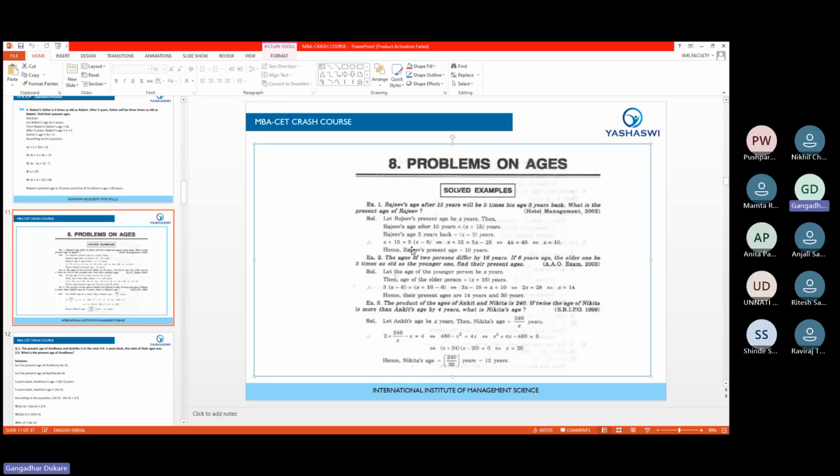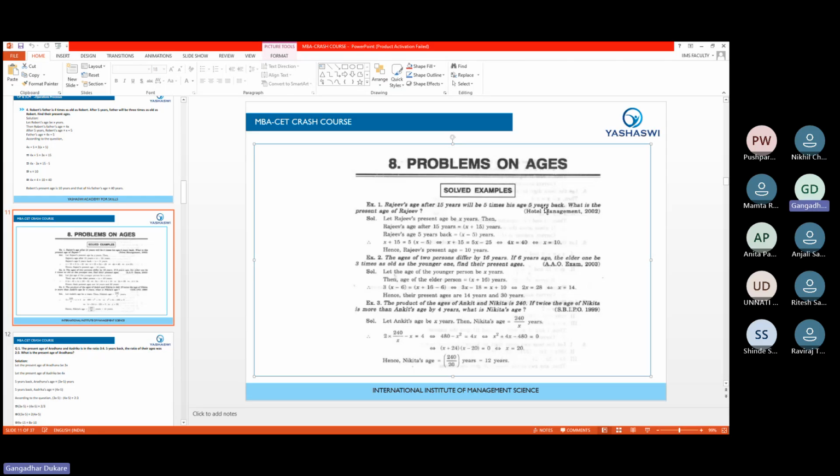Raju's age 5 years back we can write as X minus 5 years. So Raju's age after 15 years is X plus 15, and Raju's age 5 years back is X minus 5. So the equation: Raju's age after 15 years equals X plus 15 equals